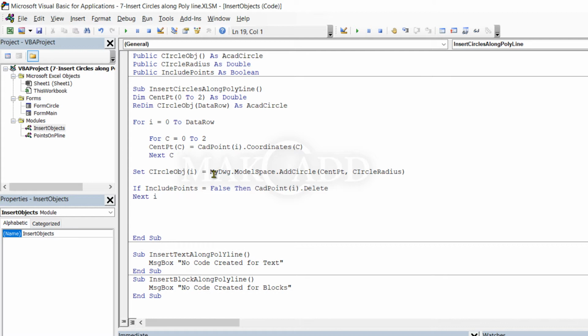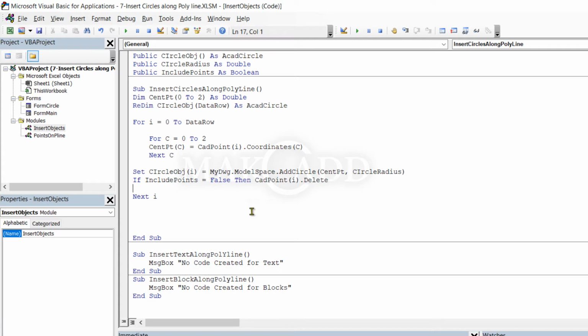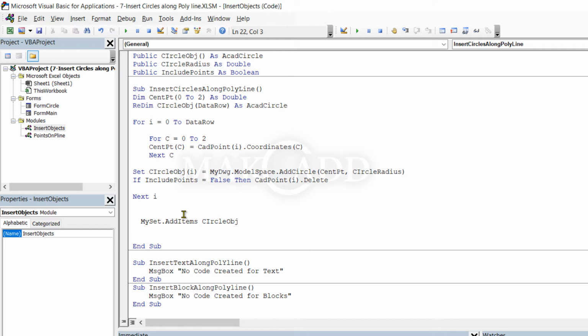We already have the selection set, my set. We already added the points, so now all card points are deleted from this selection set. Now it is empty. Now we can add the circle objects to the my set selection set. Now this main procedure module is ready.